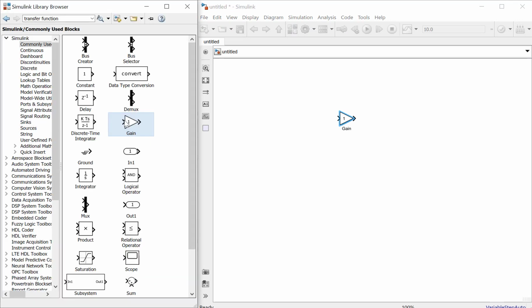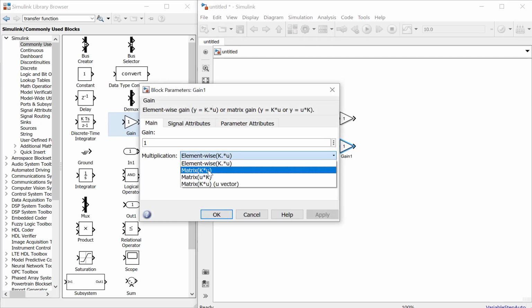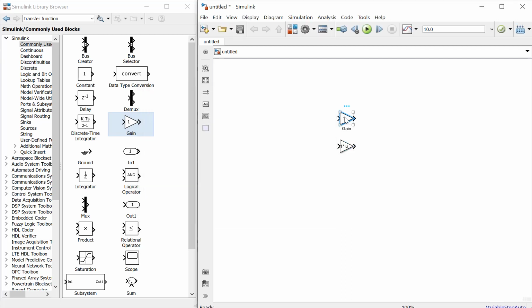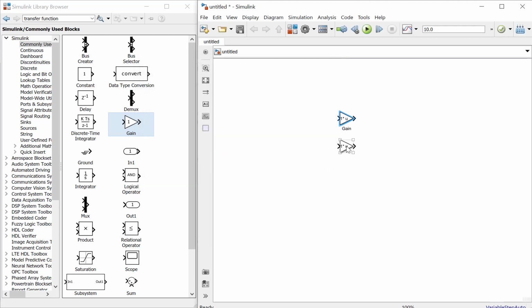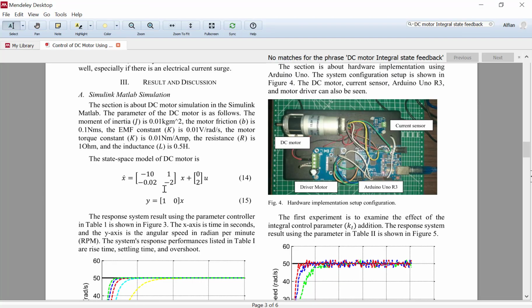Okay, we will create the simulation. So please open your Simulink MATLAB and then we need to add some components. So this is the gain. We need to change from element wise to matrix because we will need the matrix here for the A, B, and C matrix.